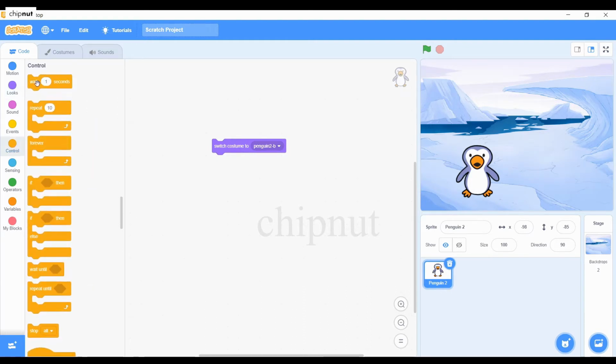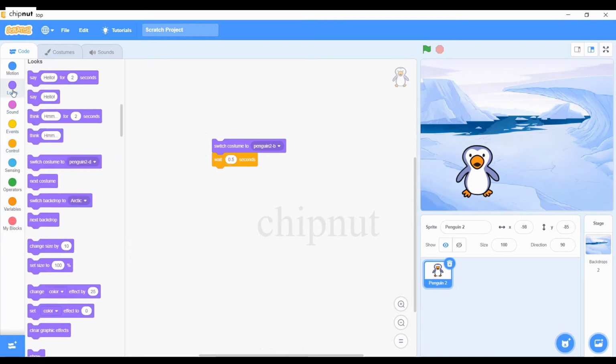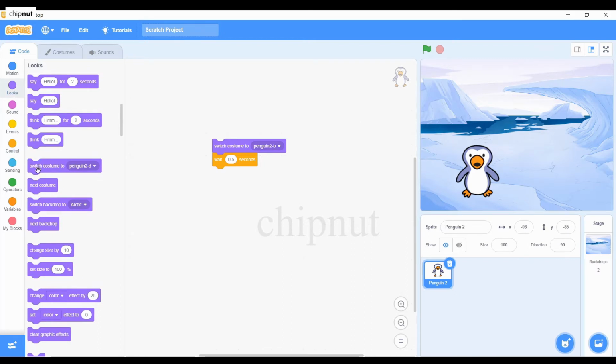Go to control block and choose wait block. You can change the time to 0.5 seconds. Now again drag switch costume to block and from the drop down menu select penguin 2A. Click on the instruction set and observe.